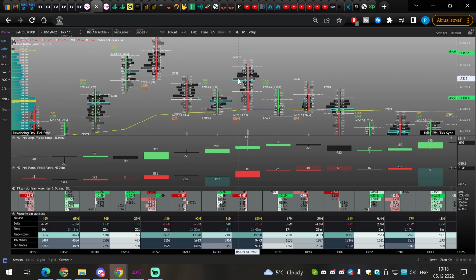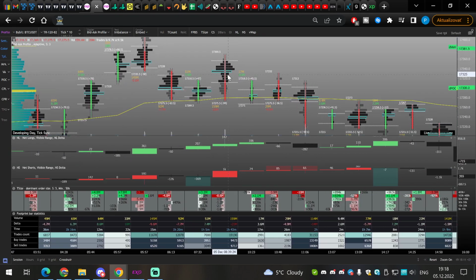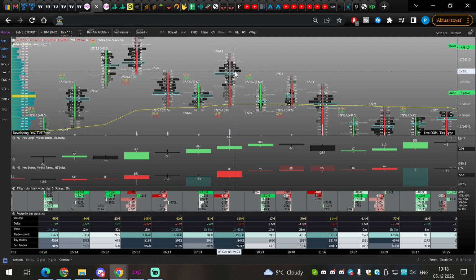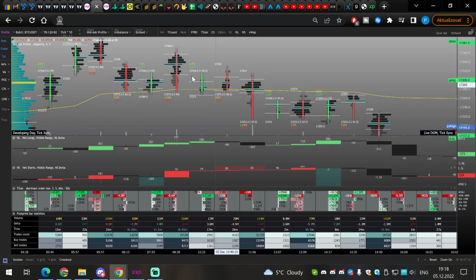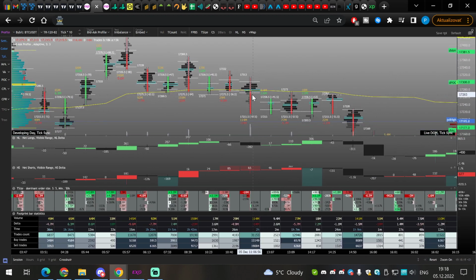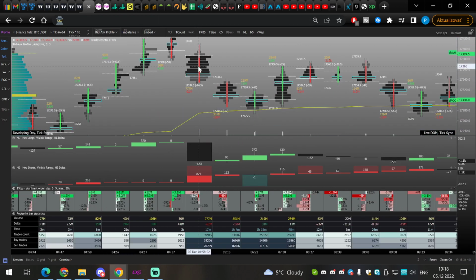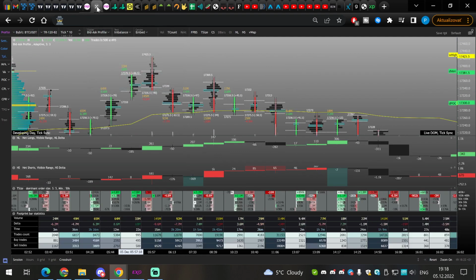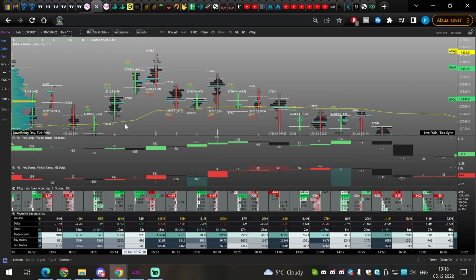Again, I was watching if these shorts are not trapped, that's pretty important, and if there will be follow through, and that's what happened. We started to see follow through. So these two candles for me are super important, this one on Bybit, this one on Bybit. So this was